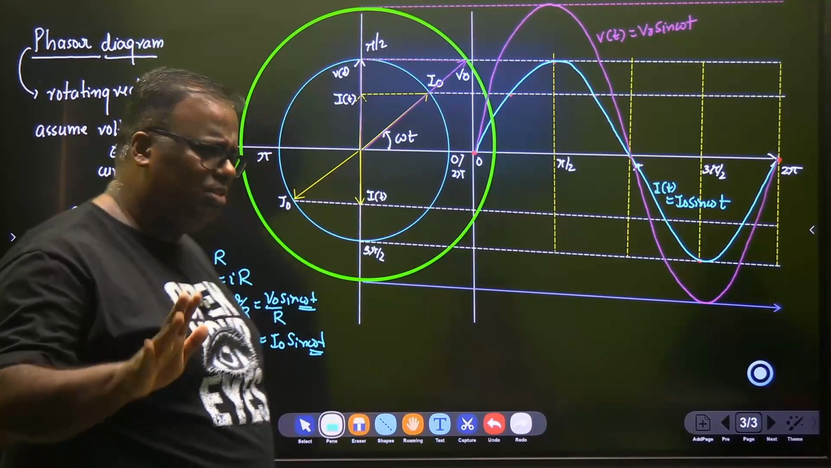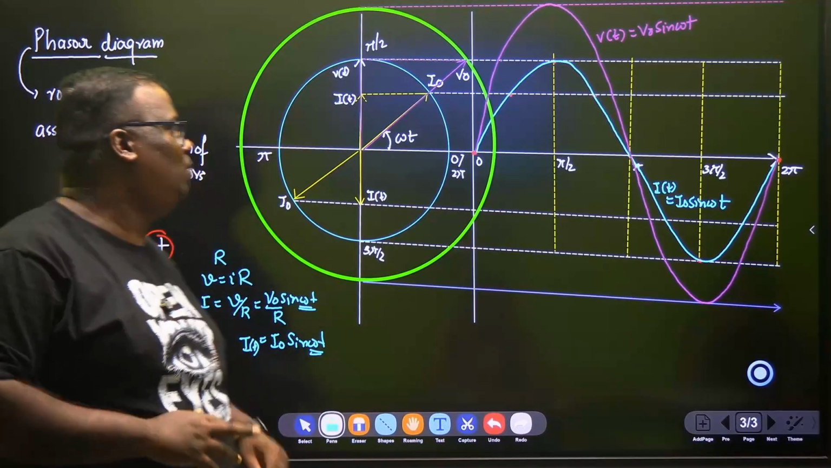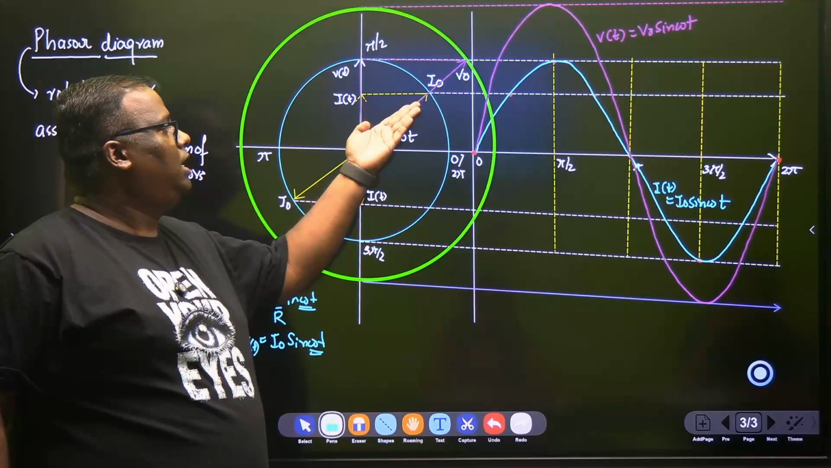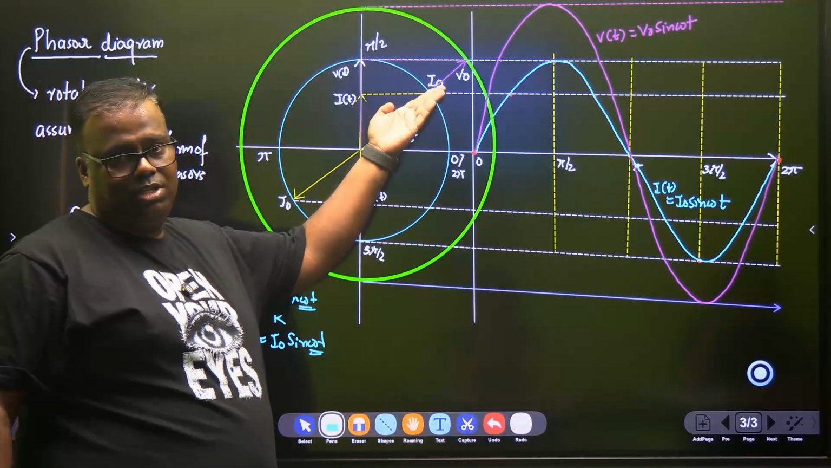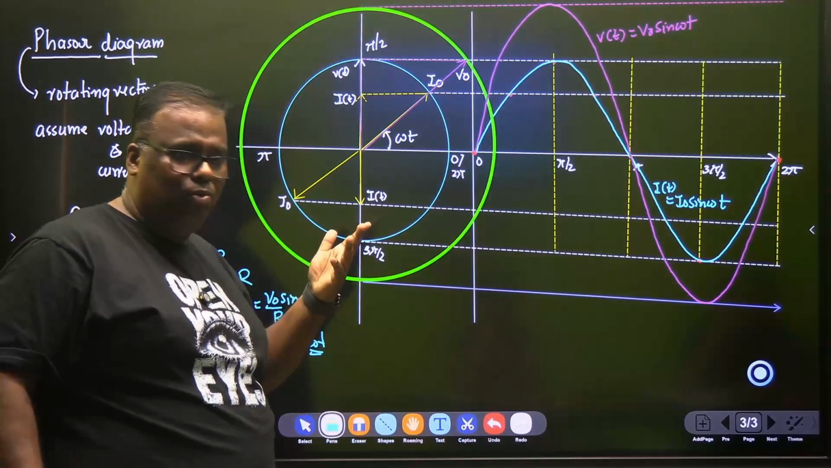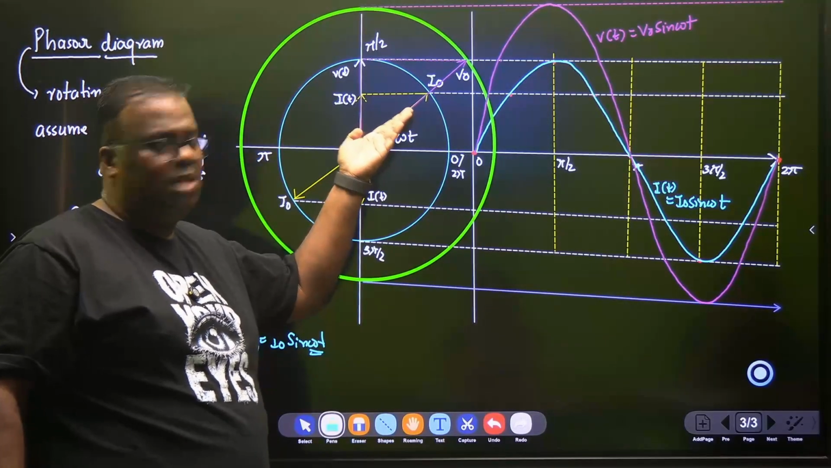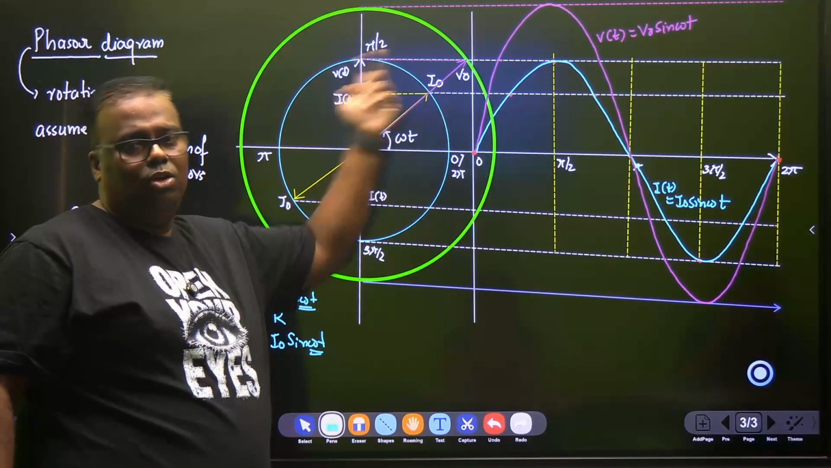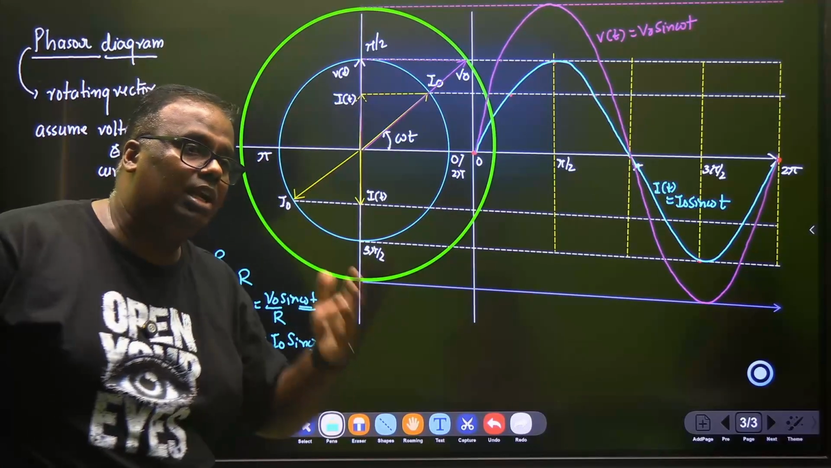So she has asked a nice question. Let me tell you one thing. Current phasor is here, voltage phasor is also here. Agreed? Does current lead voltage? No. Both are at the same time. They may be shorter soldier and taller soldier. If I tell you current lags